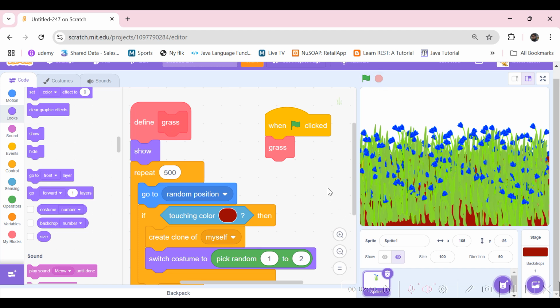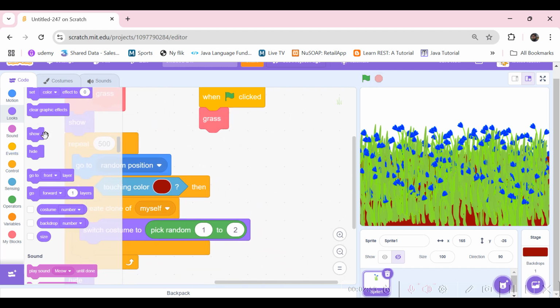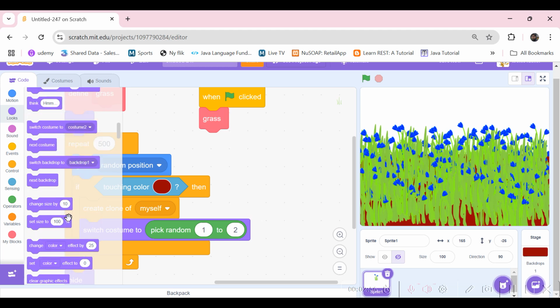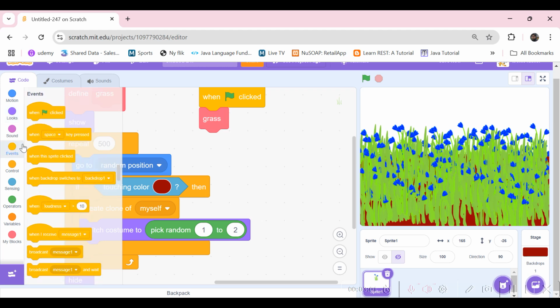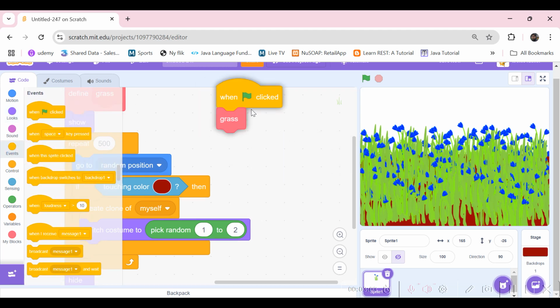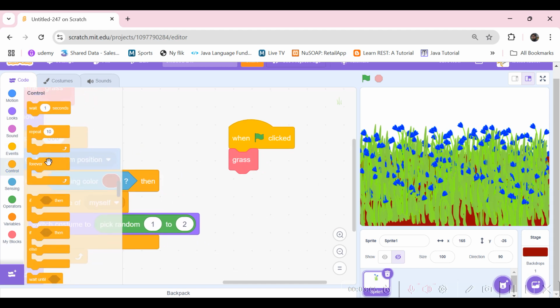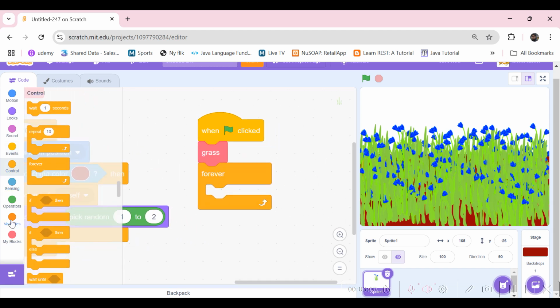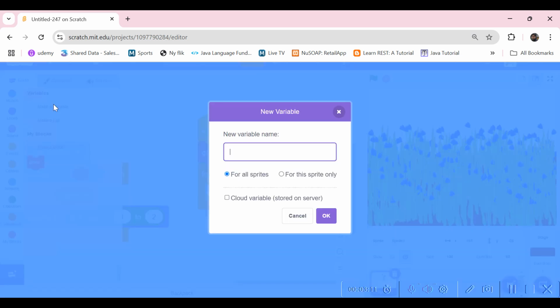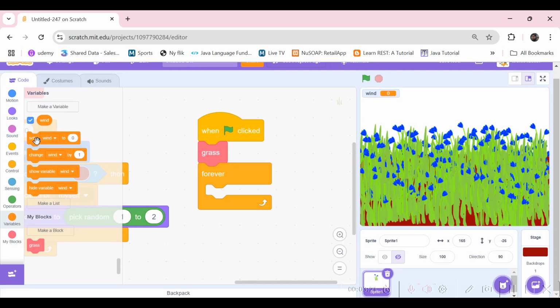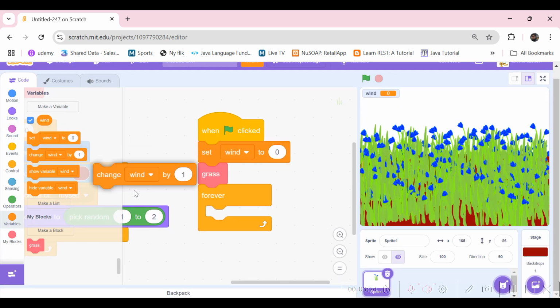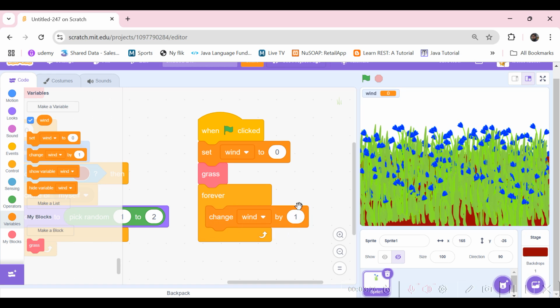So now let's make them wave. So what we'll be doing is, when the green flag is clicked, or let's do it after this, forever, we need to create a variable called wind that will control the wave effect, and I think we'll leave it for all sprites. And at the beginning we'll set wind to 0, and the forever loop will change wind by 1,